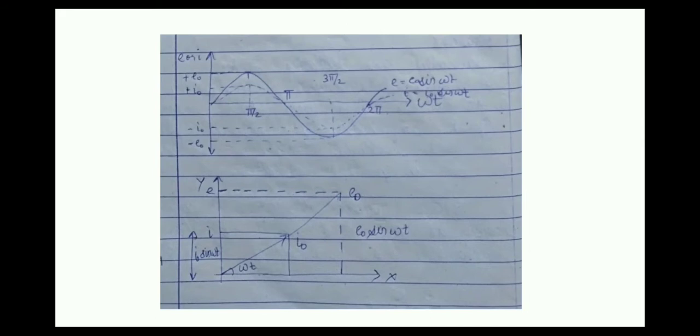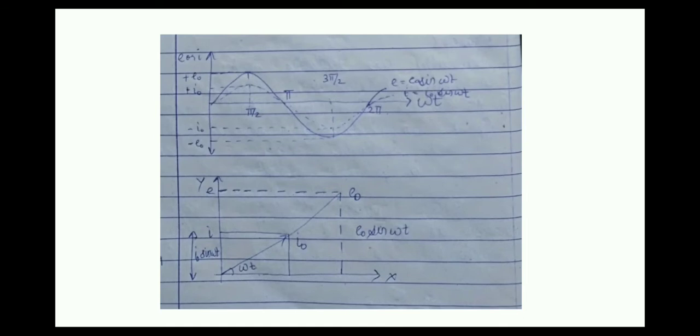The first diagram which we see is the graph, and the one below is the phasor diagram. In the graph, we have E or I on the y-axis and omega t on the x-axis. According to this diagram, there is zero phase difference between the instantaneous alternating current and the instantaneous alternating EMF. That is why they are in phase, and the sinusoidal waves passing through it are in phase with each other. Whereas the diagram below is the phasor diagram.